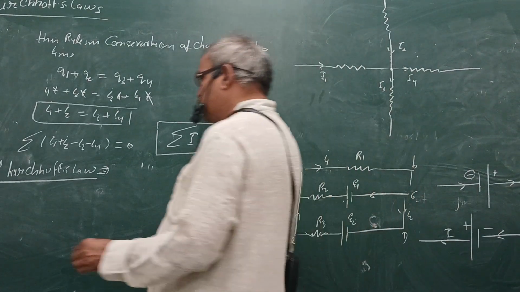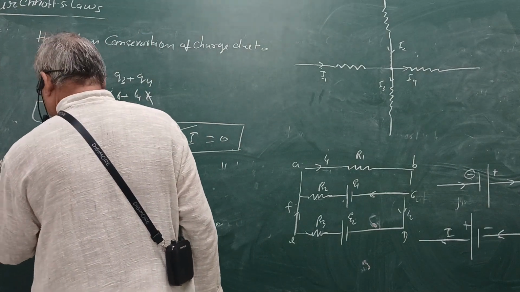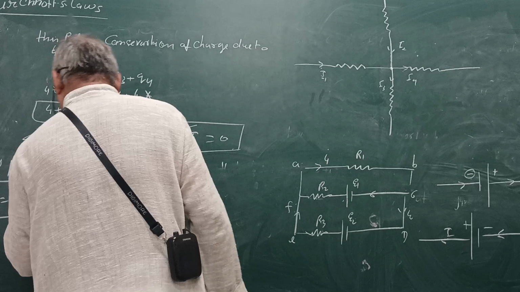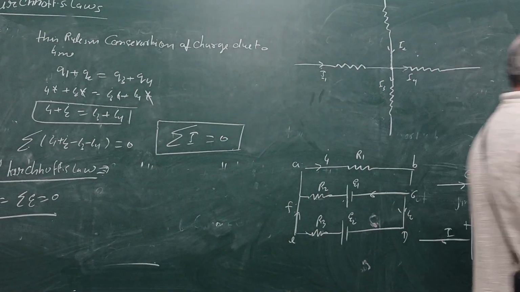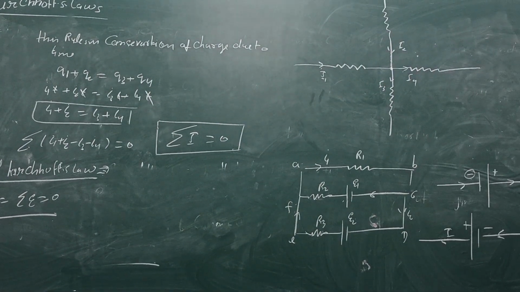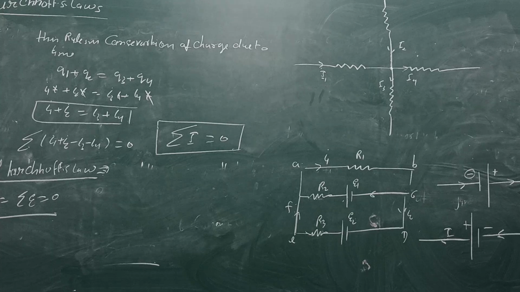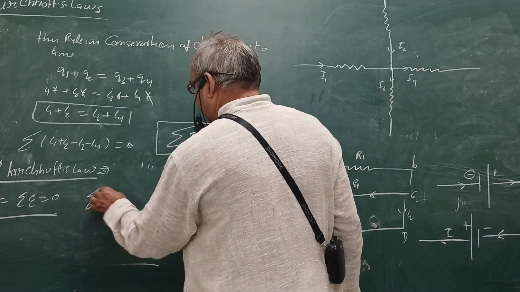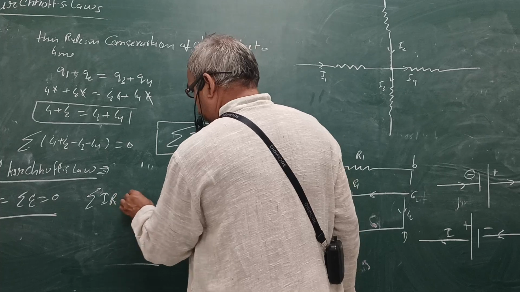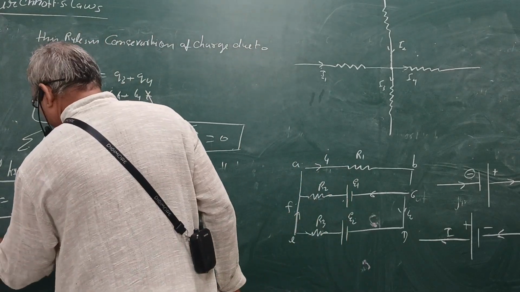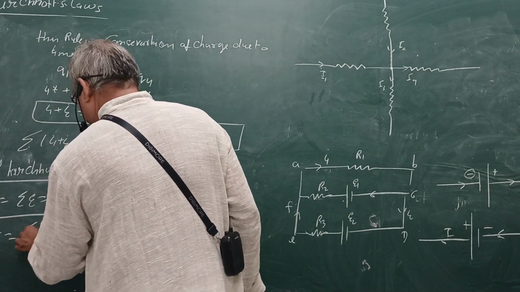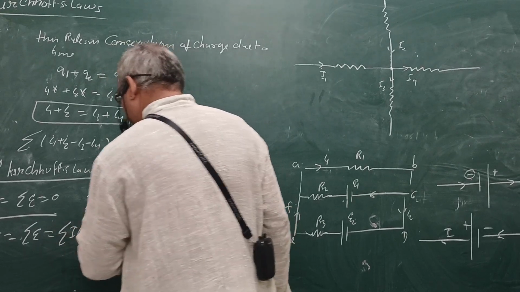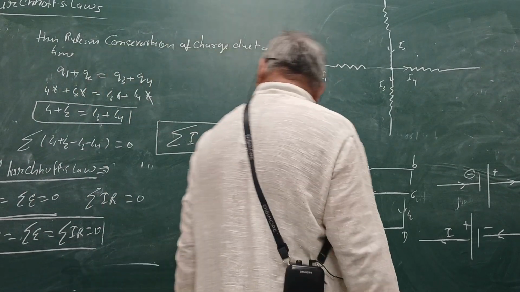First rule is the total sum of potential, del V या del E, is equal to 0. Total sum of potential del E is equal to 0. Mathematically, by Ohm's law, sigma IR is equal to 0. So this is the definition of sigma del V, sigma E or sigma IR is equal to 0,